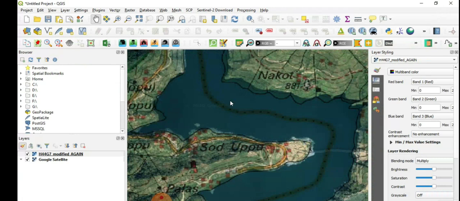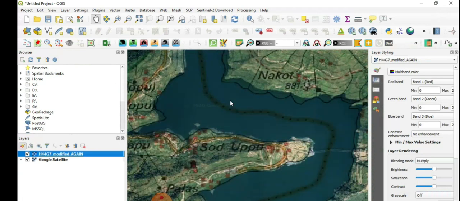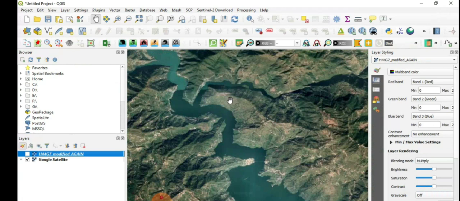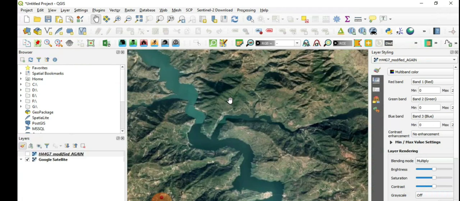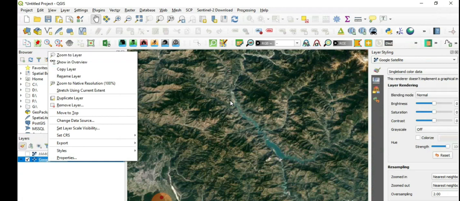And if I select this, see, it's very much in line. A small shift is there, but I think that's acceptable for now. Okay, so let me remove this Google satellite image, remove.